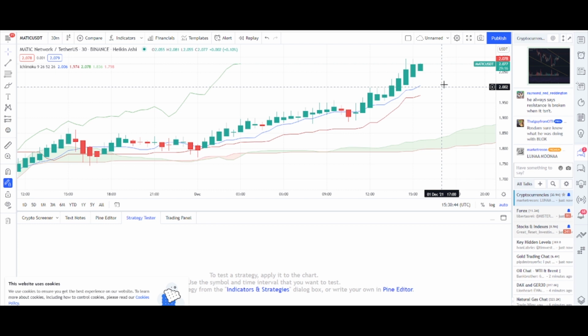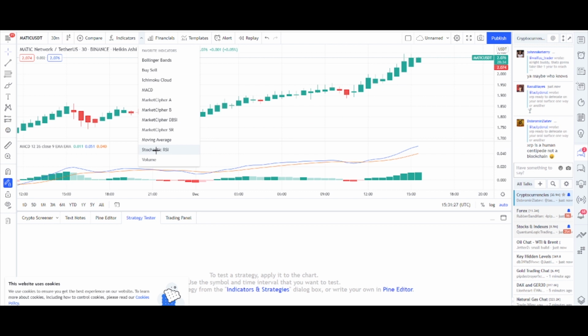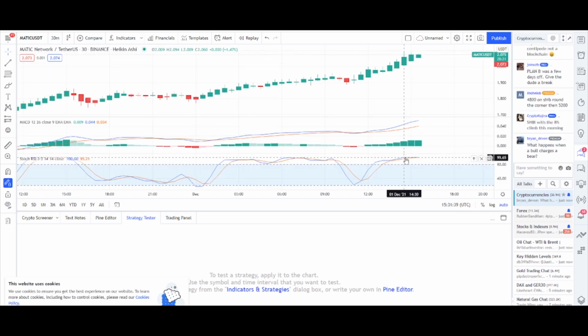So then let's pair it with the Stochastic RSI. Ooh, so remember what we told you. Stochastic goes from 20 to 80. When you're 80 or above, you are overbought, and it can stay there. So we're overbought, which means too many people have bought it. Now we can stay here for a while. We can still have positive price action,